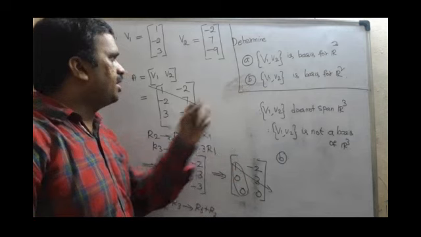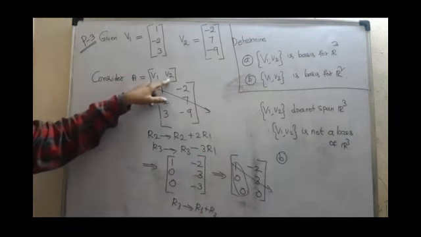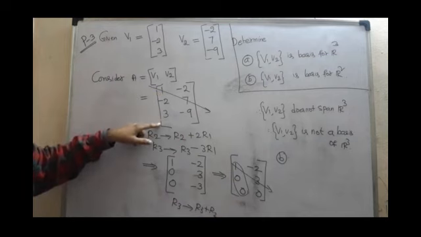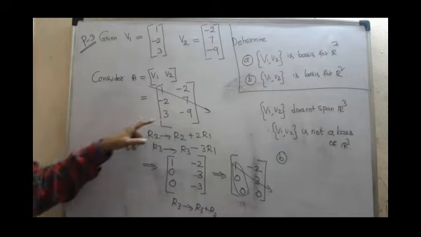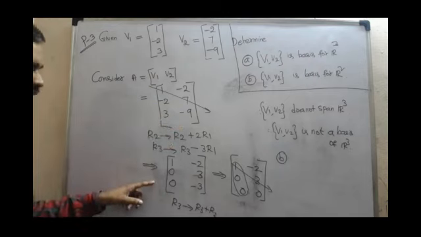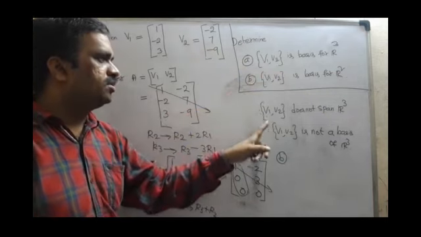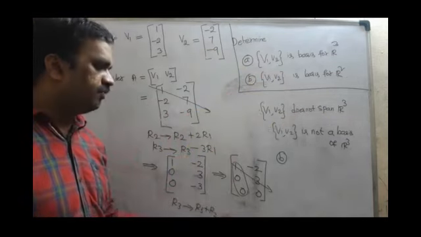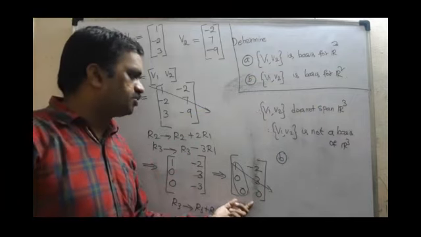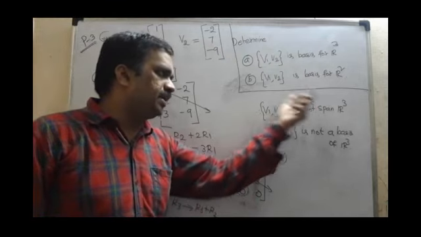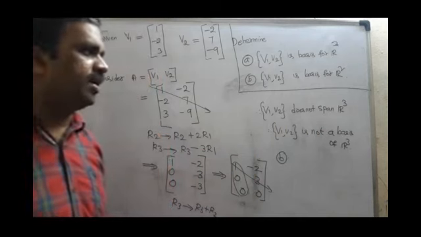If the pivot columns exist, then we can say they are the basis. Given our consideration, we took A equal to v1 v2. I wrote the first vector and second vector in matrix form and tried echelon form to get the pivot columns. I got only one pivot column, but the question has two vectors. If you get two pivot columns, I can say span. I am not getting two pivot columns, so v1 v2 does not span R cube. Whenever it does not span, they are not a basis of R cube.